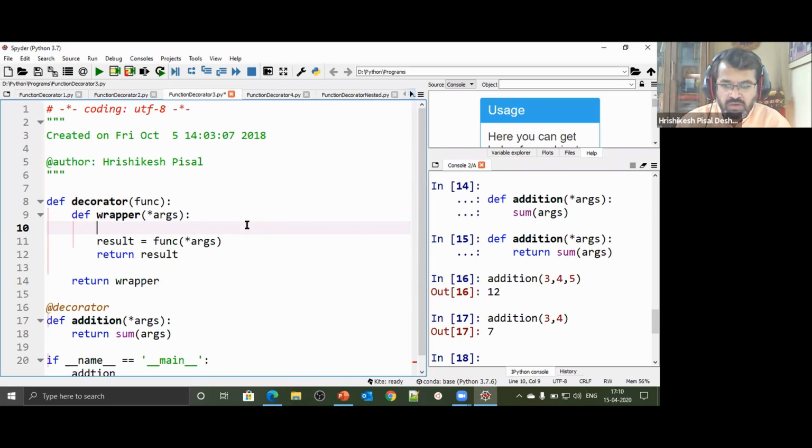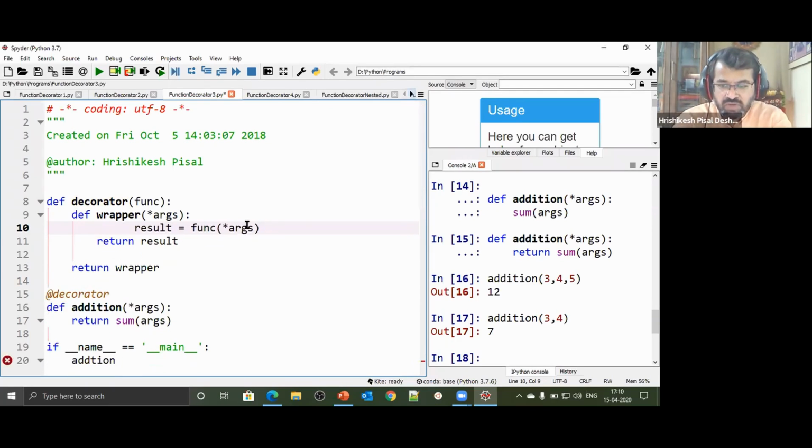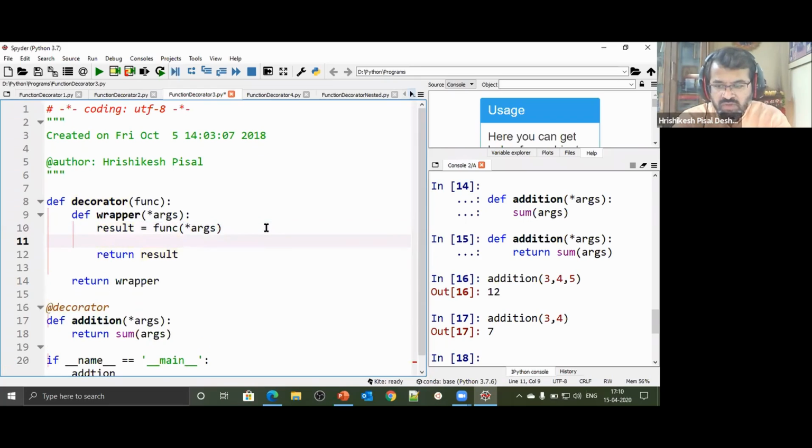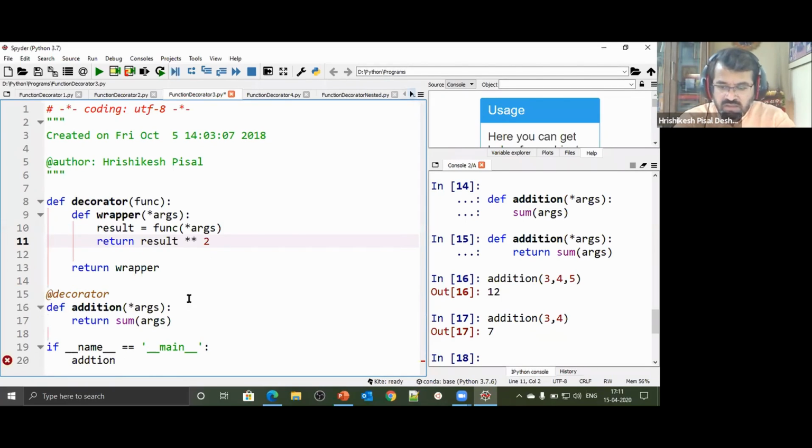And then whatever the result is, we could have taken the square of that result, and so on. So I say return result raised to 2. Normally that function was supposed to perform only the operation of addition. Now this function is carrying out some kind of change on it. So that's a behavioral change that I have brought about.